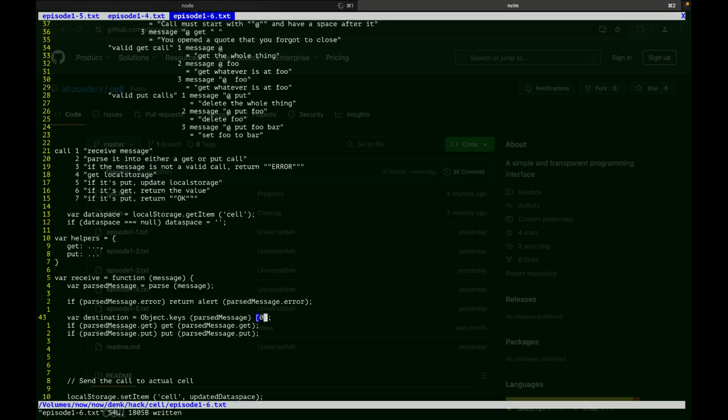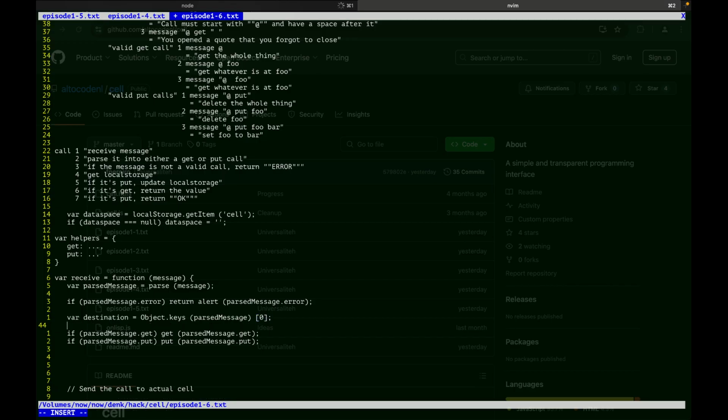So in that case you would then do something like helpers and use the bracket notation, this destination, destination, of course, and then you would say I just invoke this and pass the parsed message destination. This is perfectly valid, and the only thing stopping us from doing this is, well, perhaps readability,